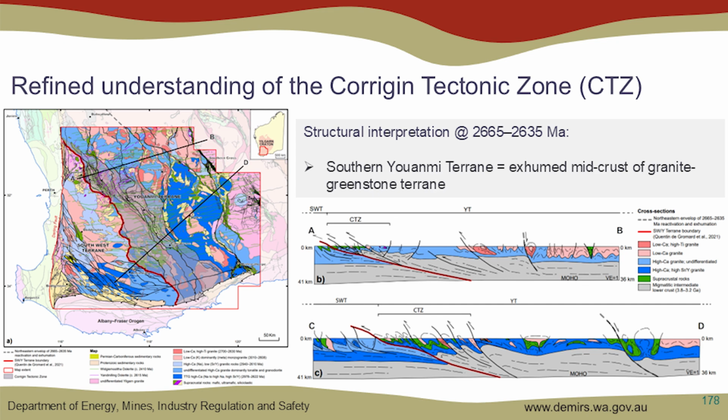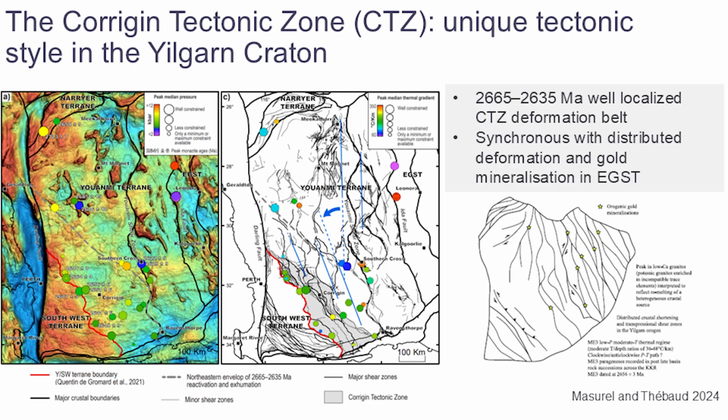And on this cross-section, we can see how we interpret the structural and the crustal architecture of the Corrigin tectonic zone, which we interpret as a thrust imbricate system that allows the exhumation of the mid-pressure granulite facies rocks of the southern Youanmi terrane, thrusted over the South West terrane. So this tectonic style that we see for the Corrigin tectonic zone is very different to what we see elsewhere in the Yilgarn craton, in the sense that the Corrigin tectonic zone forms that wide belt, about 100 to 150 kilometers wide belt of